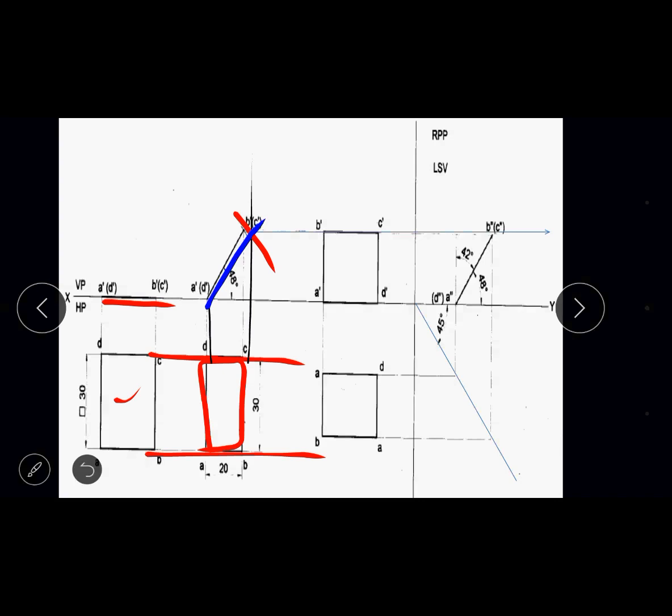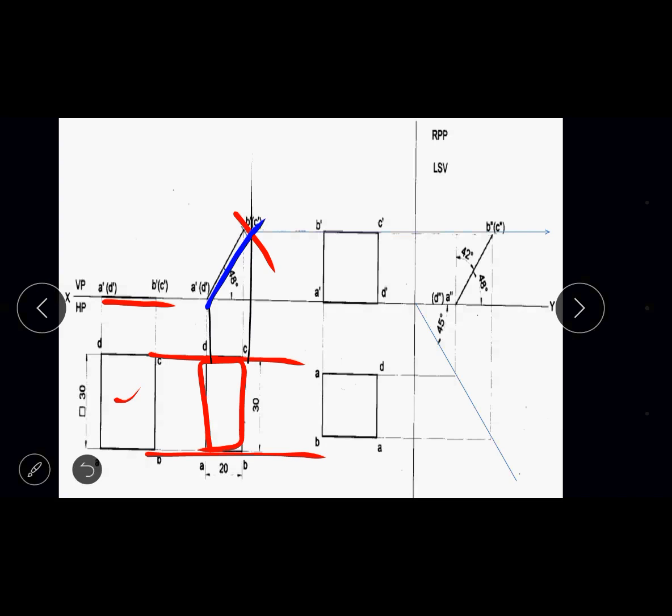So in this problem, 48 degrees to HP is not given. Instead, it is given that the corresponding top view of the square lamina is a rectangle of 30 and 20. So you have to start with the rectangle of 30 and 20. Then draw the projection line from the end point of the top view of the rectangle. Measure the front view of the square lamina, cut an arc, join it. Then you measure the angle. The measured angle is called the HP angle.